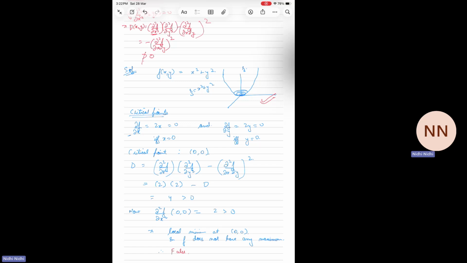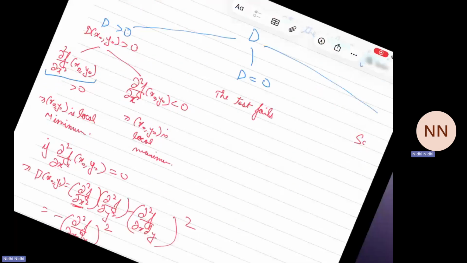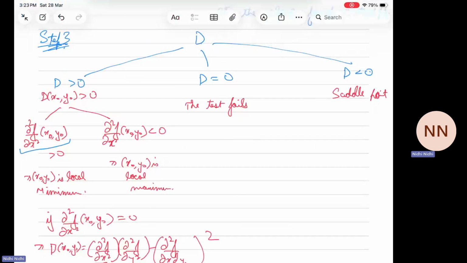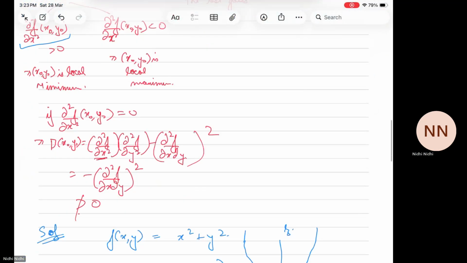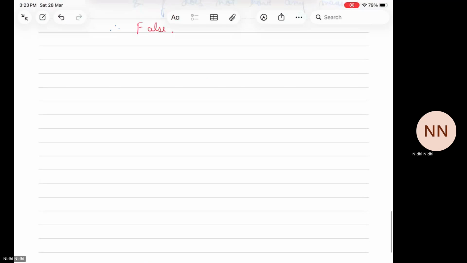Okay, so if there is no doubt, we can move to the next question, which is almost similar. We need to use the same idea. So, question number 2. Let f be a function of two variables giving real values, defined as